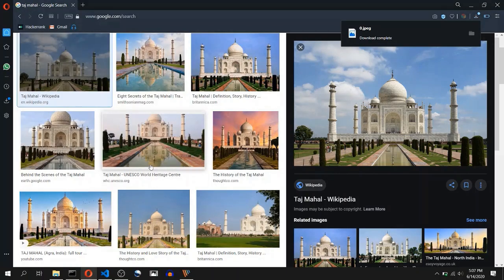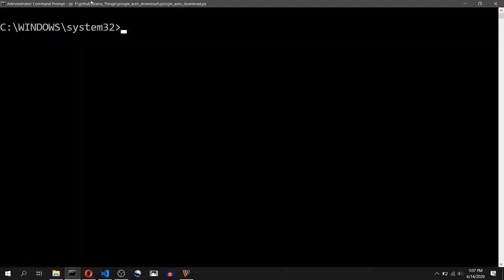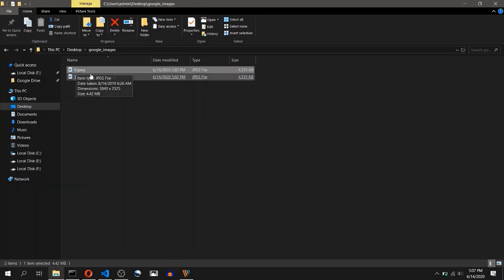Now this pop-up, to dismiss this, the escape key will be pressed and the next button will be clicked. And a break statement was there after this, so the program has been terminated. And if we see, apart from this extra image, we have successfully downloaded one image automatically.